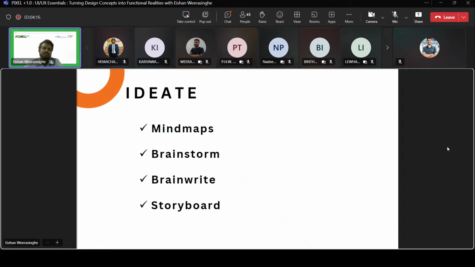When we are finding the solution, we can use brainstorming sessions, brain writing sessions and mind maps. We can use these things and get others' ideas to resolve these problems, and we can move to the next step called